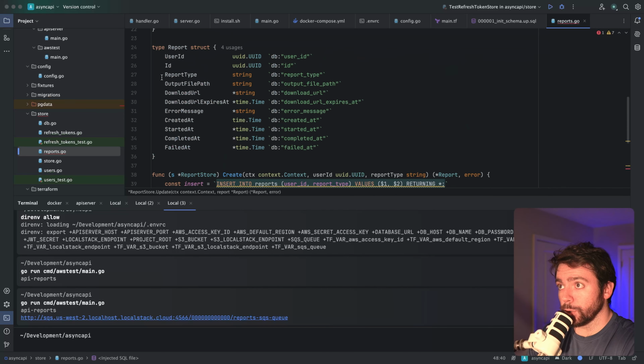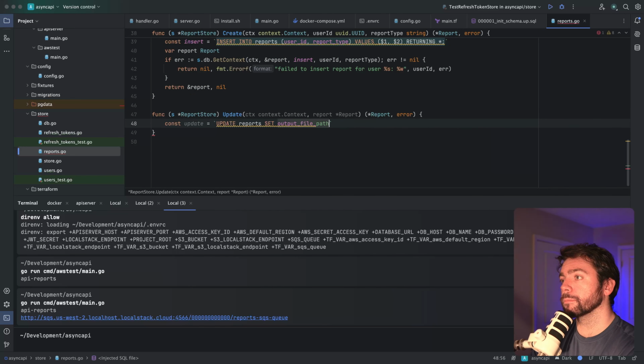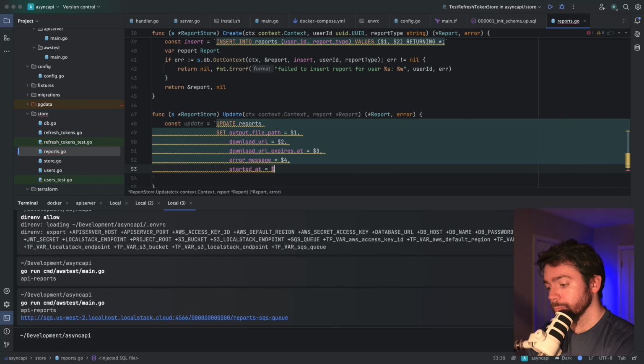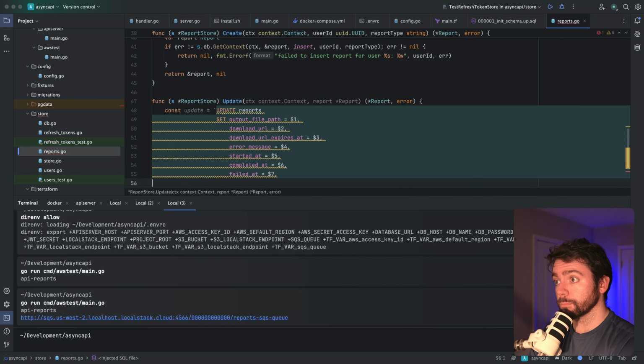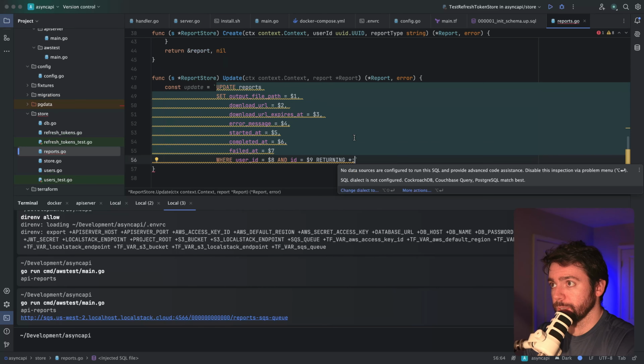Fields that will be updatable are output file path, basically everything from here down with the exception of the created at timestamp. So output file path, download URL, okay, we are updating all of these fields where the user ID and ID are these values. We need to provide values though, so